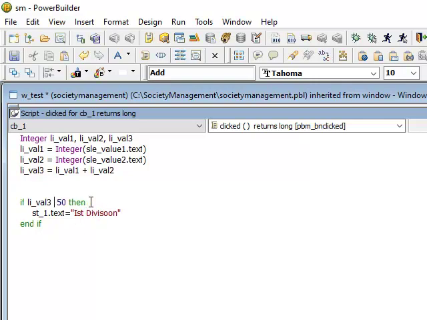If it is greater than 50, suppose, else second division, let's say.